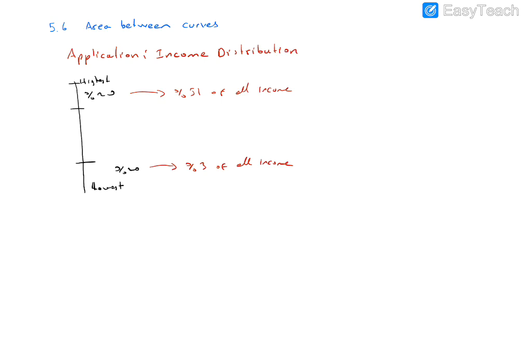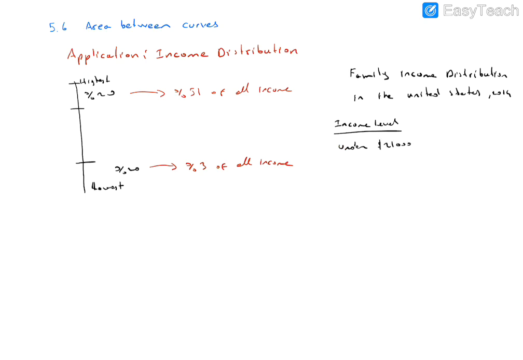We can make the table. Actually, in your textbook there is a table. This explains this situation about the family income distribution in the United States for the year 2014. Okay, so income level is under $21,000. The x is the percentage of the people,